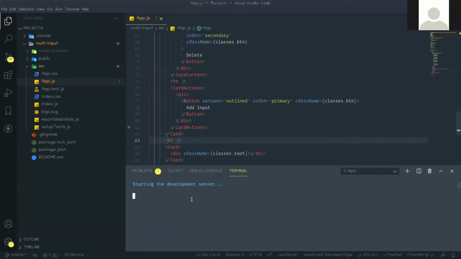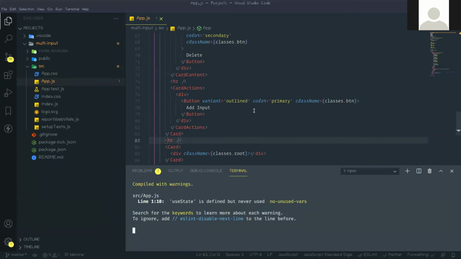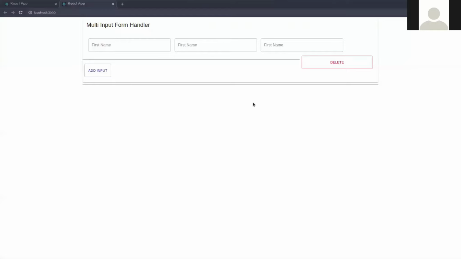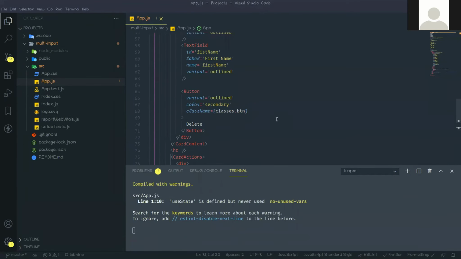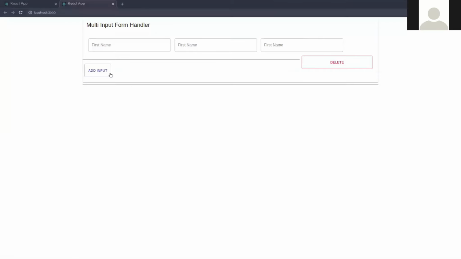It is taking some time. So you can see the delete button is coming, looking like this.